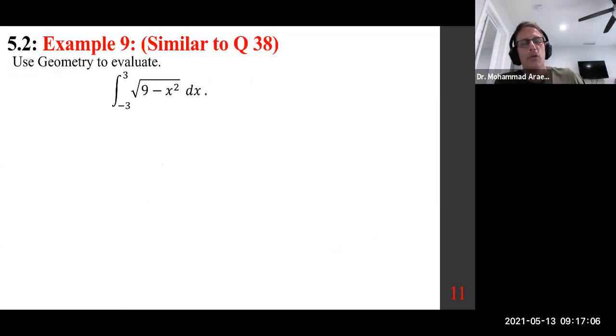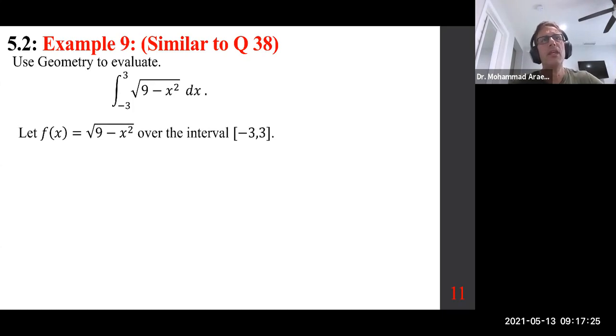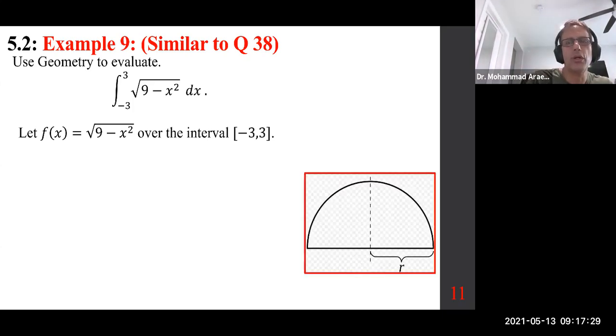We want to use geometry to evaluate. We can't do this using calculus 1. We'll discuss that in calculus 2. So it has to be done using geometry. Any other way is unacceptable for this course. So you notice this is a semicircle because if you write this as y and square it,